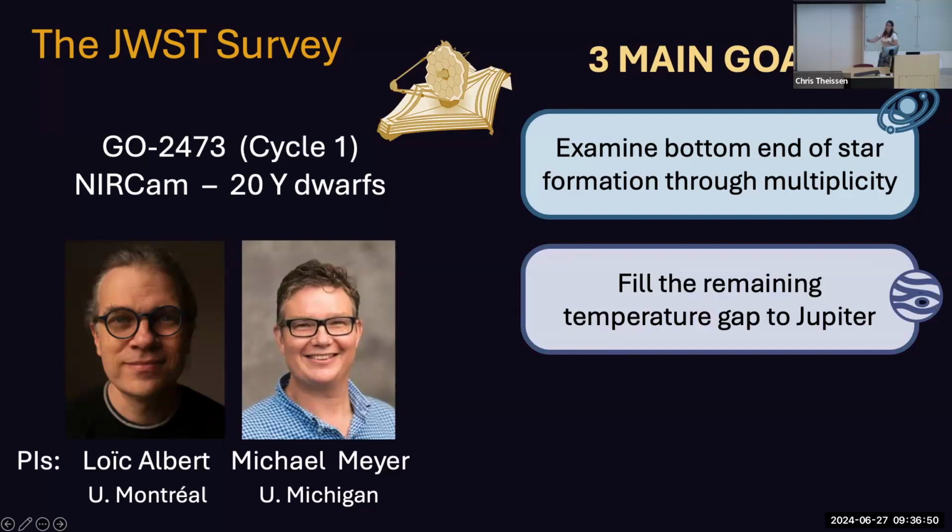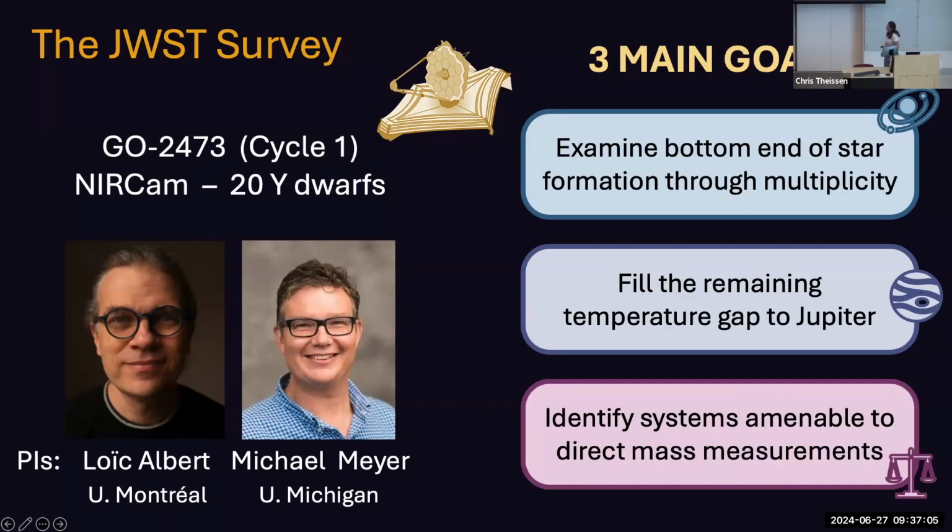The second is to try to find some of the very coldest objects out there by searching for them around the already very coldest objects out there, so that we can hopefully better populate the really sparse sample at the very cold end of this sequence and maybe even further extend it to colder temperatures, finally bridging what we know to Jupiter.